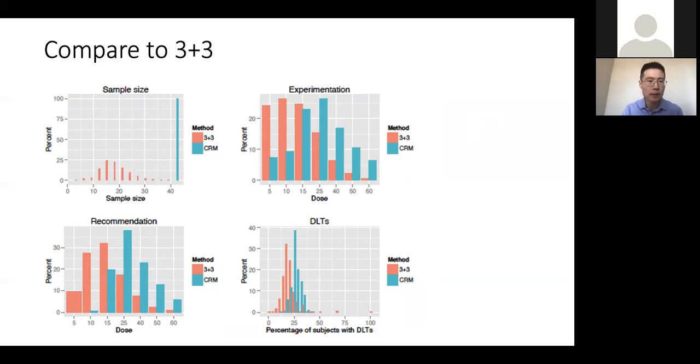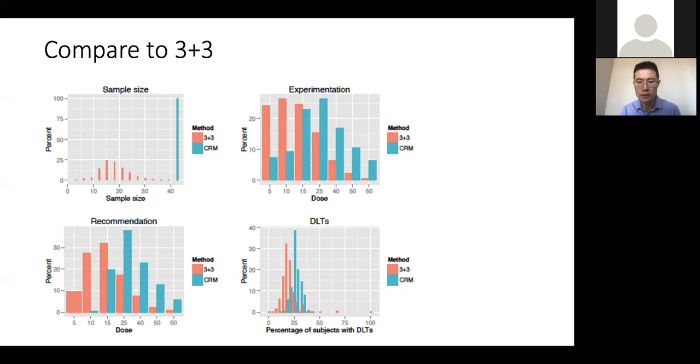But our CRM method will have a fixed number of patients. This is actually, to me, an advantage because it's easier for you to plan your phase 1 trial. There's no variability in the number of patients you're going to spend in this phase 1 trial. It's easier for budget and easier for